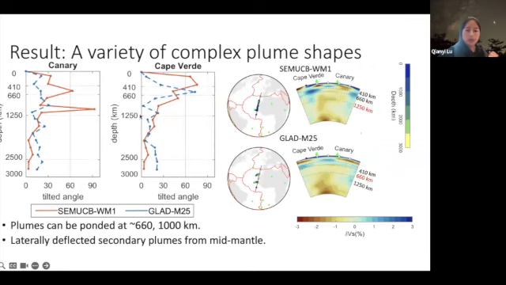And then we also see plumes ponding at some deeper depth. For example, if you look at the plumes Cape Verde and Canary in SEMUCB-WM1, it seems like these plumes are ponding at a depth deeper than 660 kilometers. But if you look at GLAD-M25, you may say that this plume is ponding at 660, depending on what you're looking at. And then again, we see some secondary plumes that develop from the ponding region and then rise up